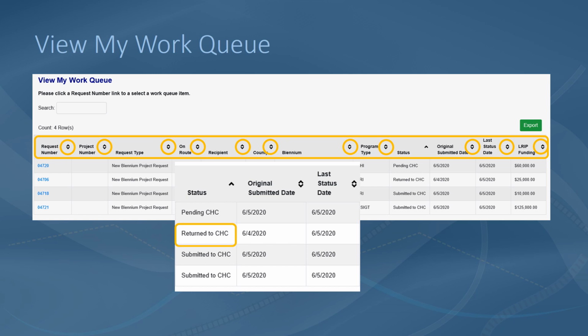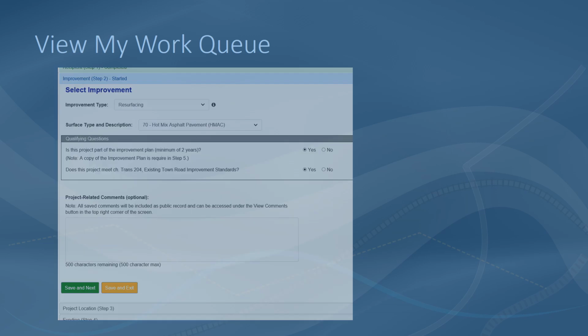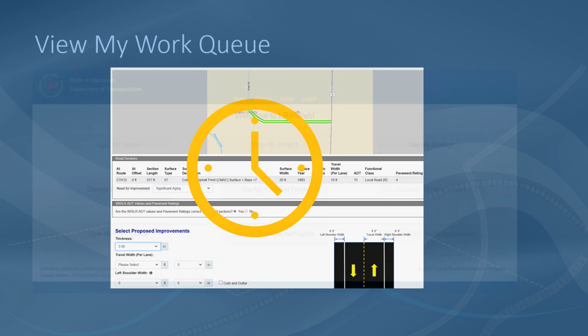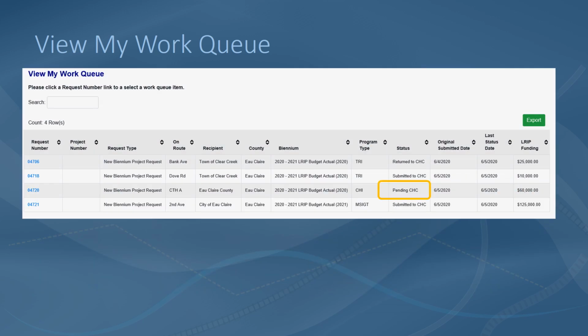For example, as we mentioned earlier, there will be times when you are in the middle of the request process and you must exit the request you've started and save it for later. Or a pending request may occur if your online session times out after 30 minutes of inactivity and before you are able to complete the request. In either case, the information you entered and saved before exiting the request is maintained, and you would access your work queue at a future time to locate your pending request and pick up where you left off in the process.